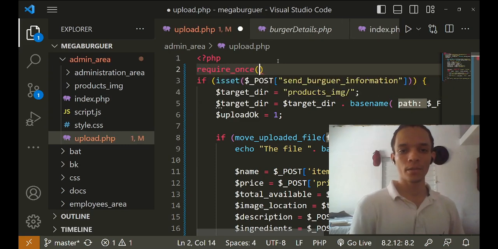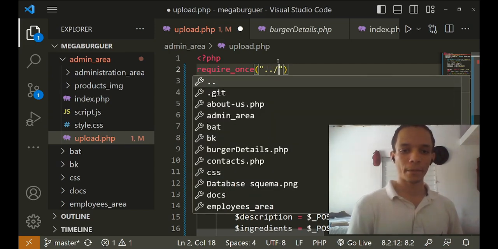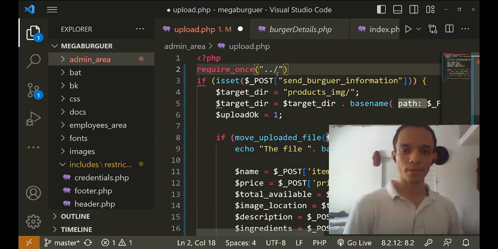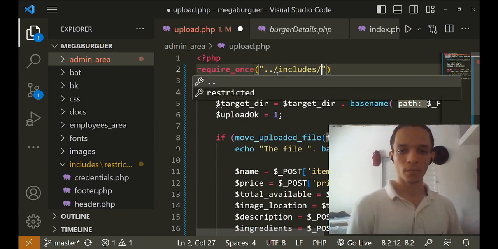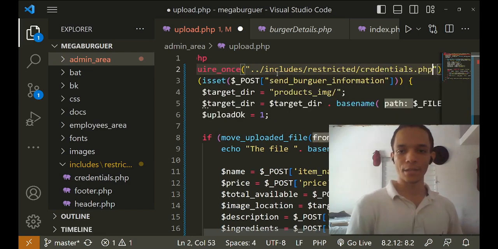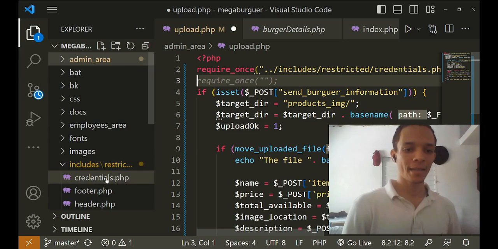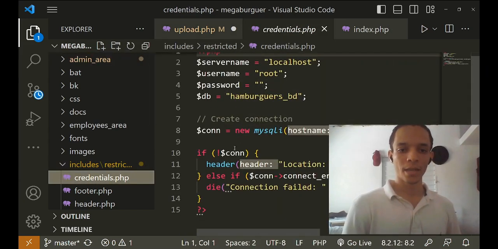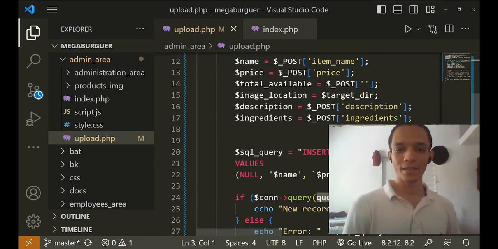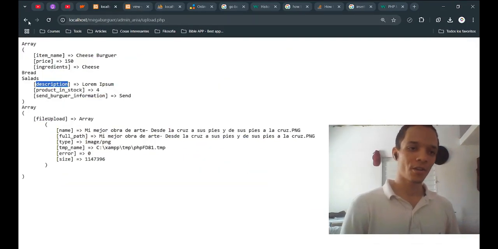Require once, and I am going to look for, for example, includes, restricted, credentials, and in the credentials side should be the connection, and it's called con, exactly. And yes, that was everything. Now we can test what we have done just by going here,